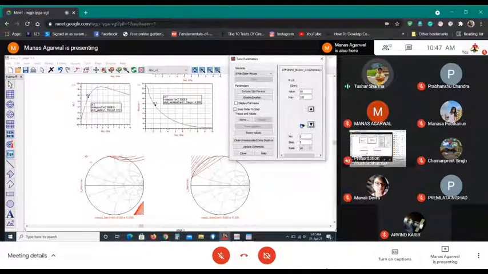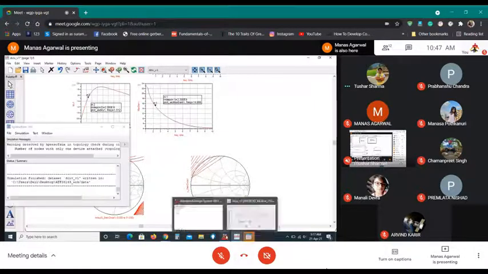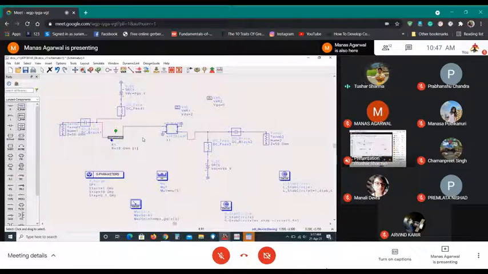Now close this. Now go back to schematic. Add a shunt R, add a parallel R. Connect it with the ground.